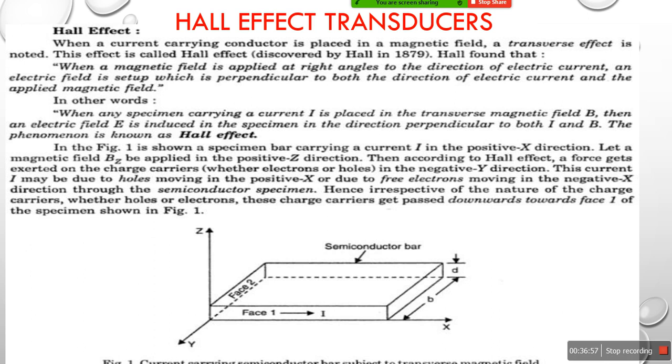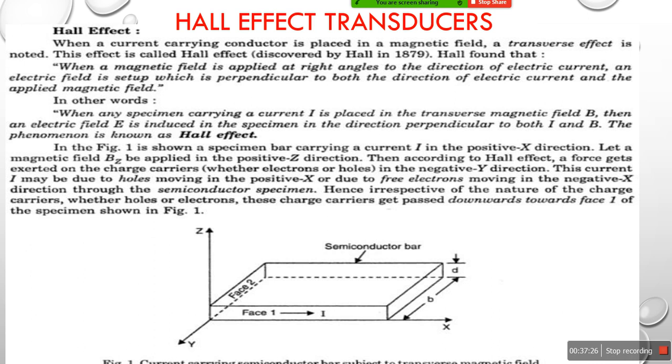So when both of these are perpendicular to each other, the force will be exerted due to the charge carriers. Here magnetism is producing some charge carriers and the electric field also has charge carriers. So when both of these charge carriers try to come together in the negative direction, the electrons or the holes coming together between these two directions will be able to flow in the negative y direction.